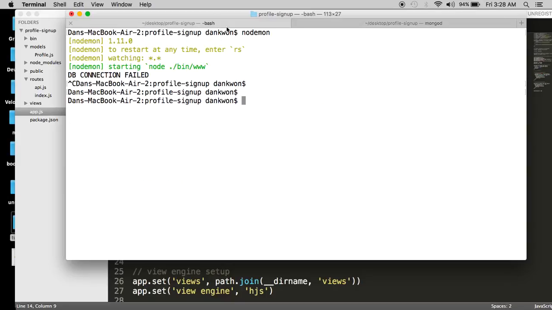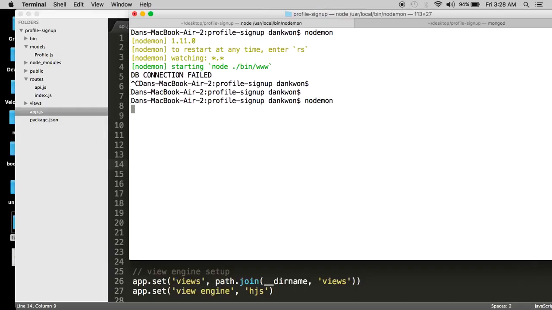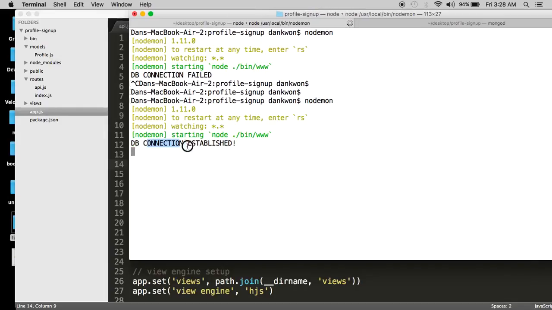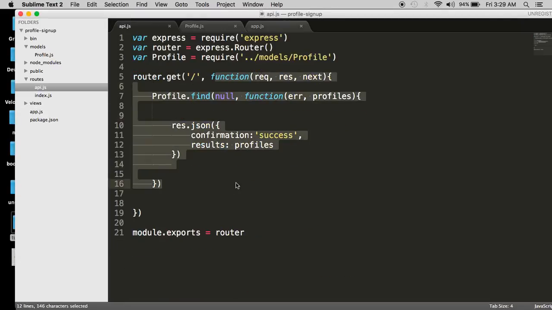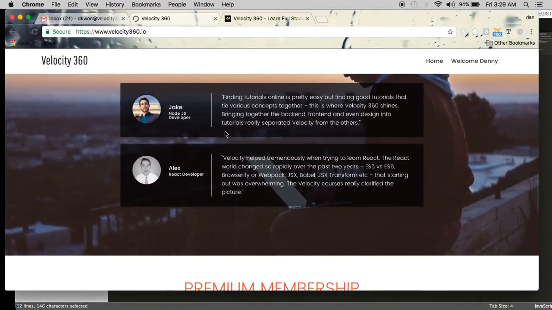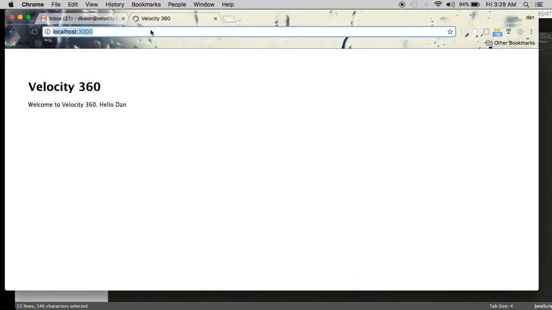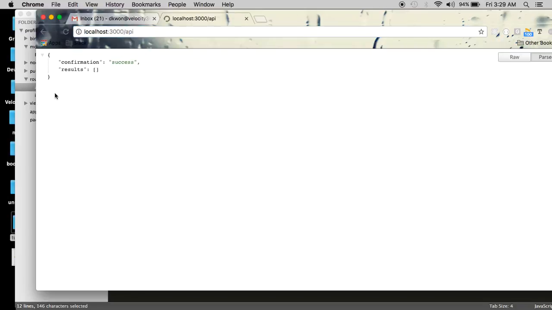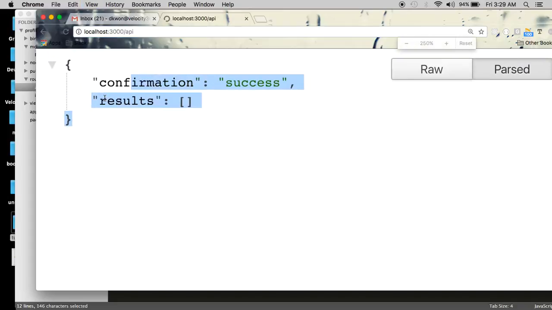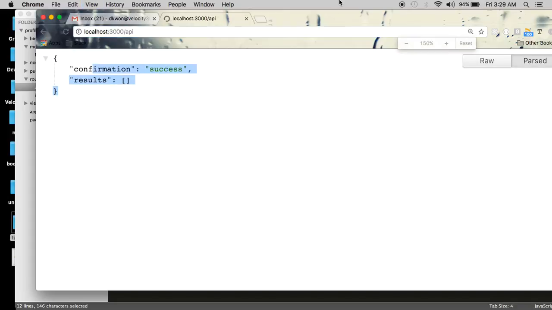So now I want to go back to my web server and run nodemon again. And I should see success. Right? So now my project is connected to my local database, which means I can run queries. So if I go back to my API file, this should now work. So if I go to localhost 3000, right, this is the home page. So far so good. If I do /API, here is the results set from the database